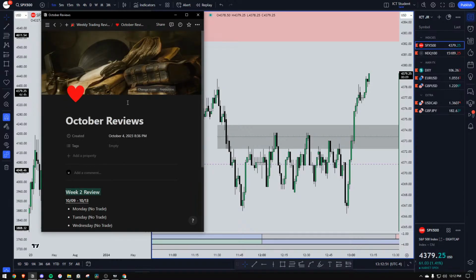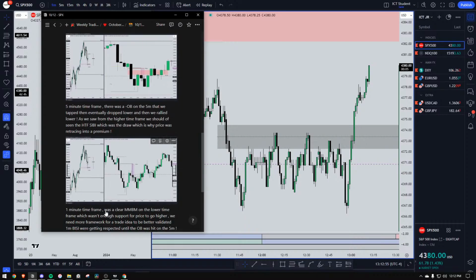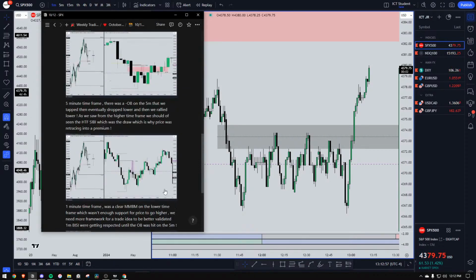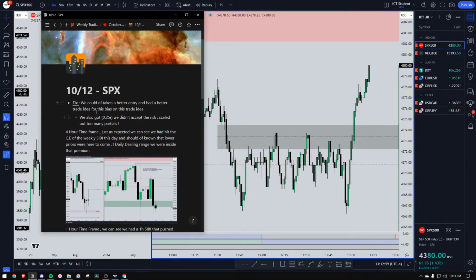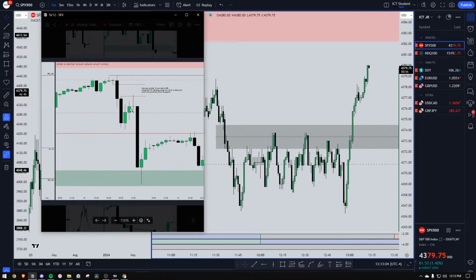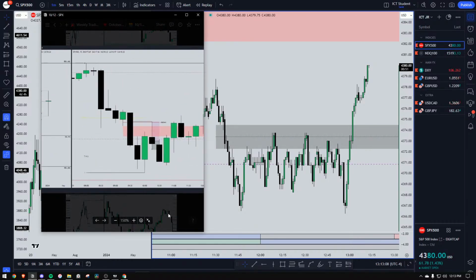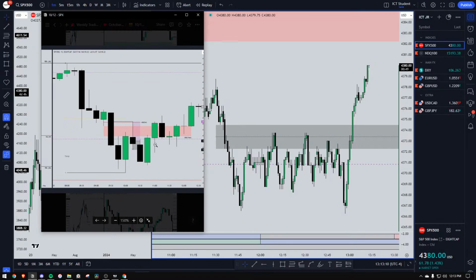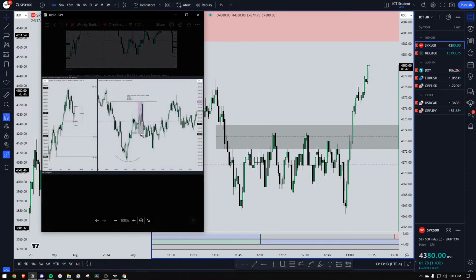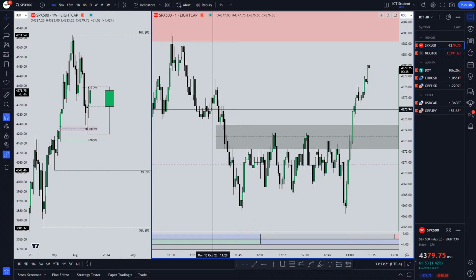Just patience. Previous trade, SPX trade, 25R, didn't risk much. It was a very bad trade, I guess. This one right here, you can just see why. We took a trade long right here. We're trying to go back into the sell side imbalance. I didn't view that sell side imbalance on the 1 hour, and then the 15-minute sell side imbalance here. Just was unable to view these levels during real time in trading. So it's another thing, just being able to identify these levels. Everything in hindsight is very easy, but when it's live, it's hard.